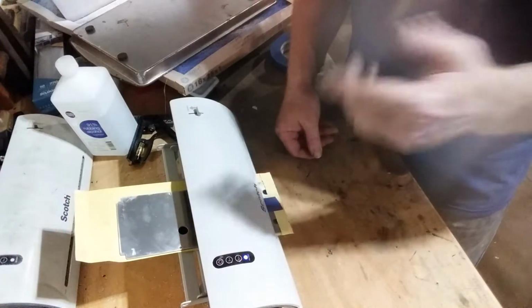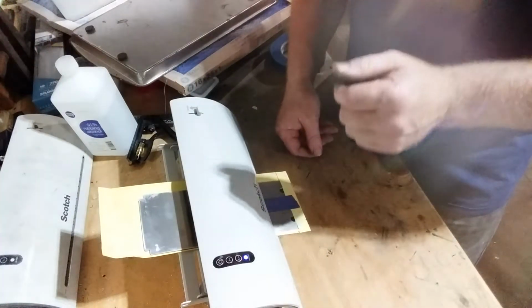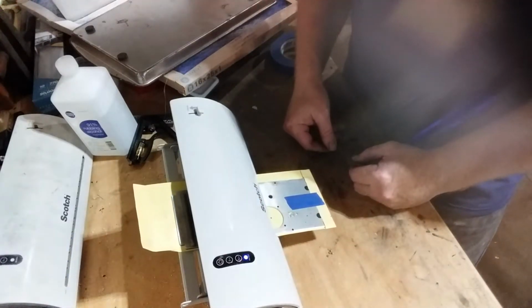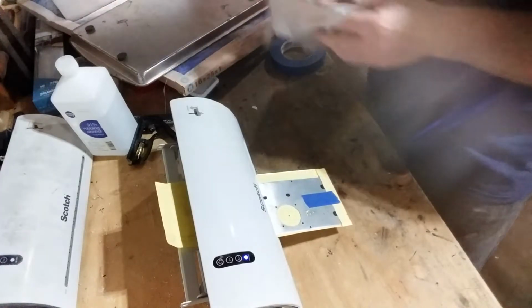But get your printer warmed up good, and that'll stop the dragging sometimes. So I run this through here at least 3 times. This is super hot right now, like it's uncomfortable to touch, so I'm sure it's good. And I think the pressure of the rollers in there is what really aids in this process. Next thing we're going to do is we're going to get our